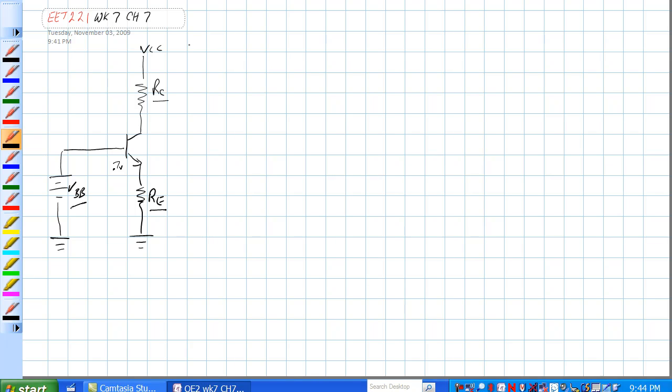If VCC, let's give this a little bit of values, is 20 volts, and VBB is, let's say, 5 volts, what is the voltage right there? V emitter. So if I have 5 volts here, then I actually have to have 4.3 volts here because of the 0.7 volt drop here. So if I have 4.3 volts here, then how do I determine